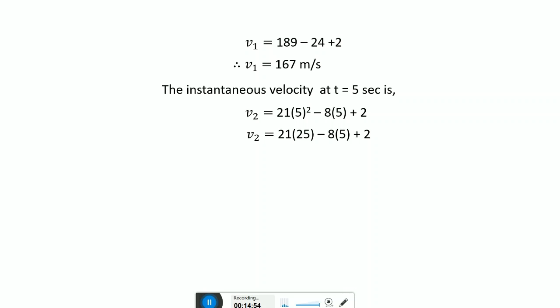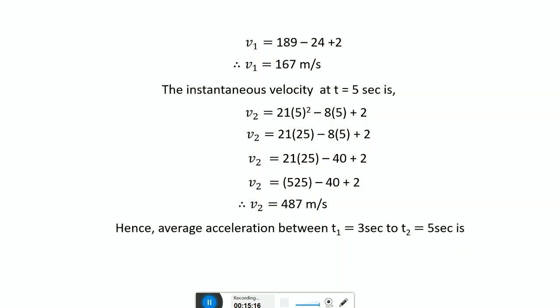Hence 21 into 5 square is 25 minus 8 into 5 plus 2, which is equal to 525 minus 40 plus 2, and the value is 487 meter per second. So we get v1